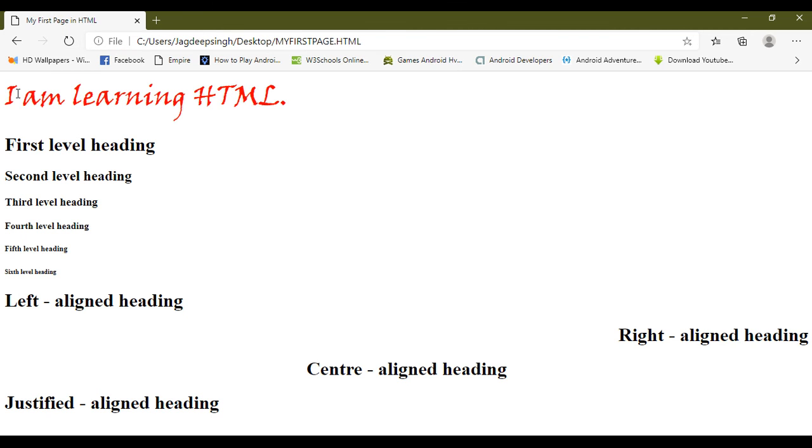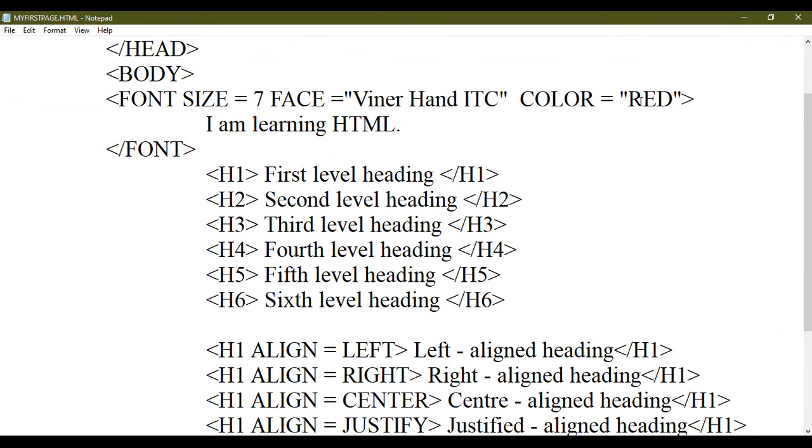So now you can see that I am learning HTML is in red color. So any color which you use with the font tag, you can see the content of your web page in the same color. So with the help of the font tag we can use 3 types of attribute: size attribute to change the size of your text, font face to change the text style of your text, and the color to give a specific color to your text.